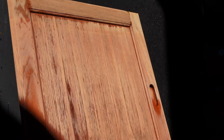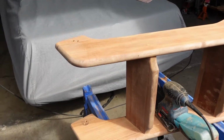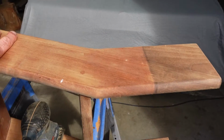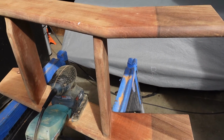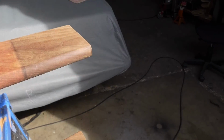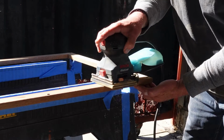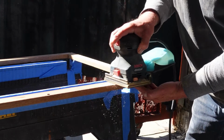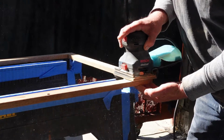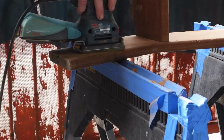Now, the center panel of the door is really thin veneer over plywood, so I can't really do much more with that. But the frame and the steps are solid teak, and thanks for that, Catalina. So the teak brightener and cleaner doesn't really do much for the stains, so I just cleaned this off with turpentine, and I bought some bronze wool. It seems to clean about the same as the stainless wool, so no biggie there. Then I sanded it down so it was looking pretty even with the 120, and then hit it with 220, and then the 320, and it came out all right. Before,